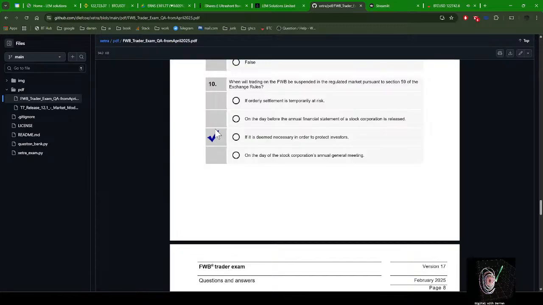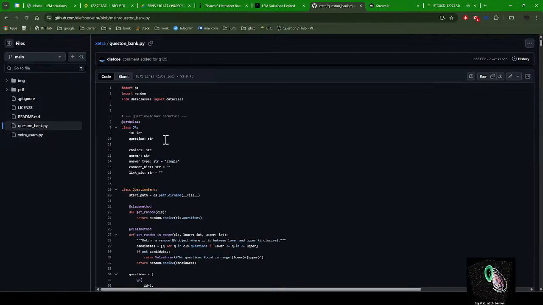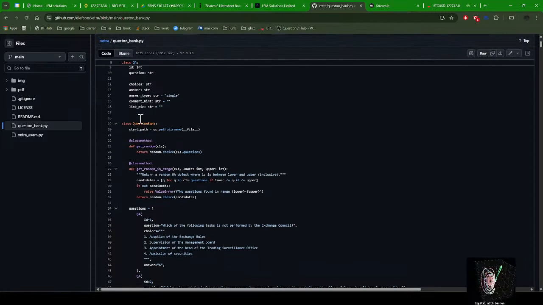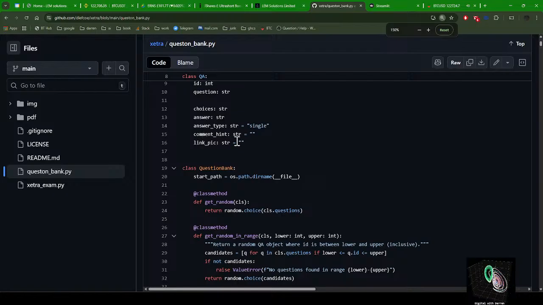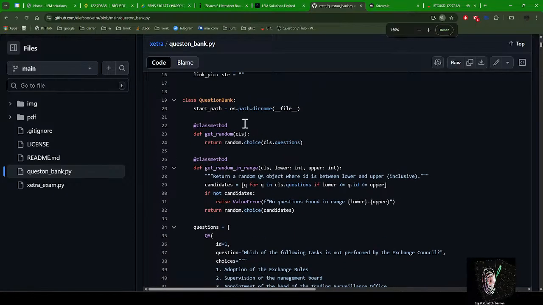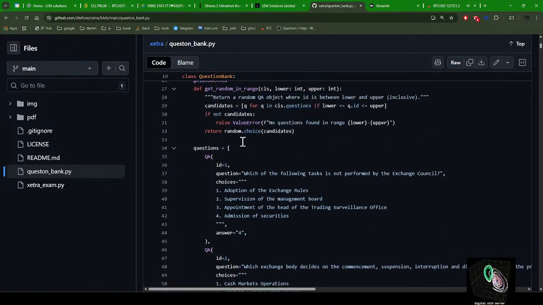Rather than looking at this, I've turned it into an application. So that's the PDF file of it. This makes you a little readme thing. A module for helping users pass the Xetra exam. And then inside of that, I set it up like this, which is, I've constructed a class here called Question Bank. Maybe I can zoom in. So I've constructed a class here called Question Bank, and it just contains a whole bunch of questions that exist